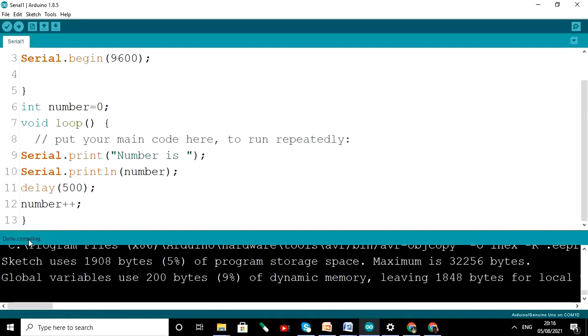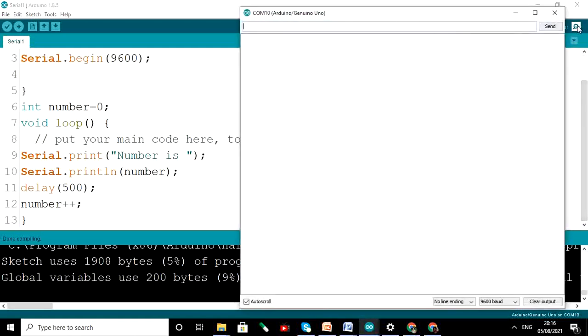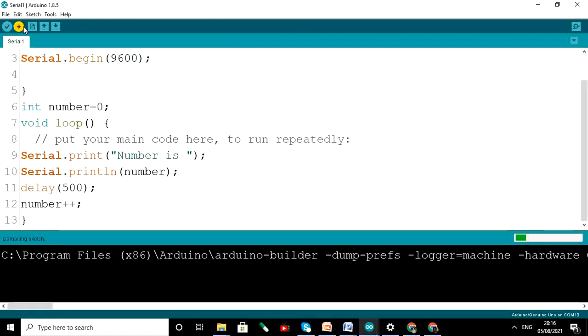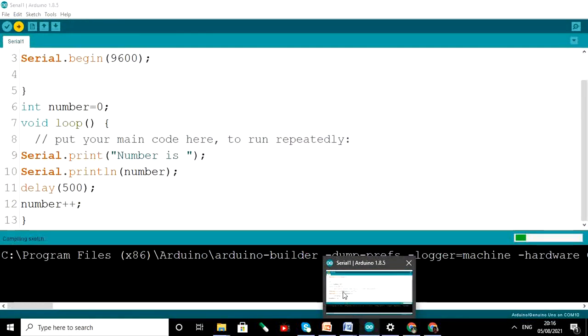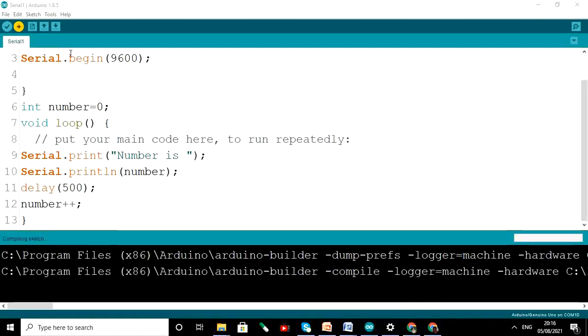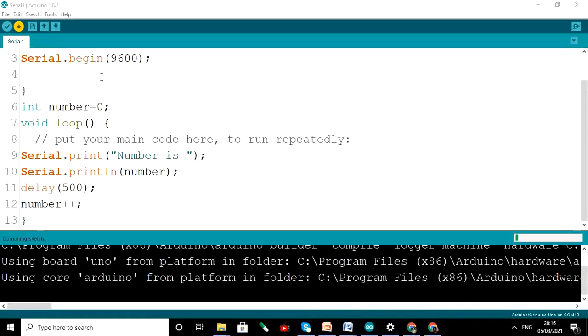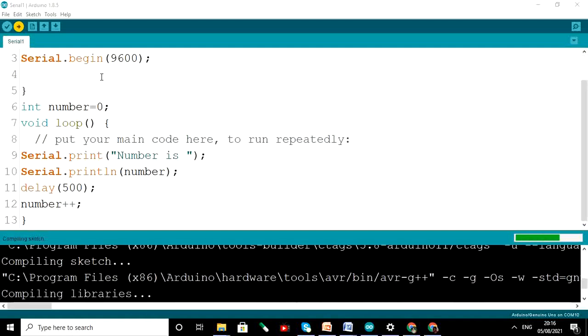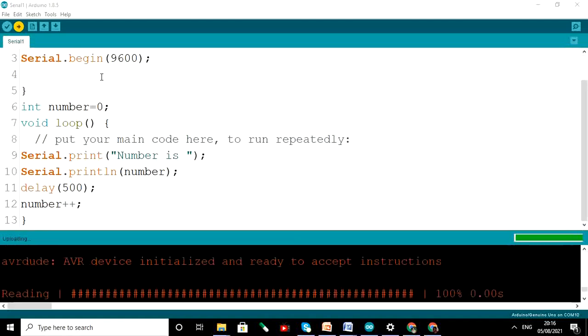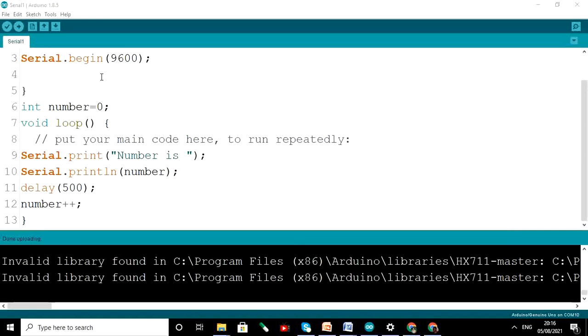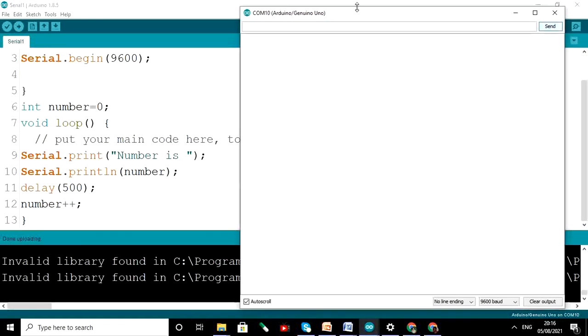Now it is showing done compiling. Now open the serial monitor. Now we will start uploading. Okay, now our uploading is done. Now we can see the output here. So our program is running.